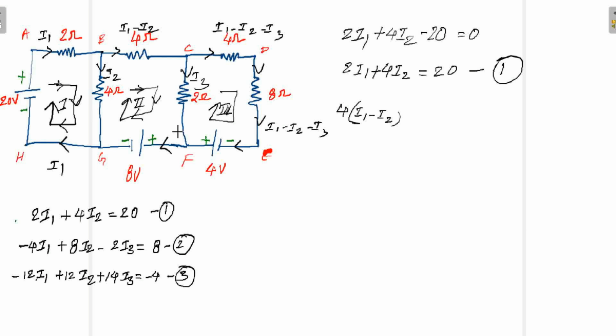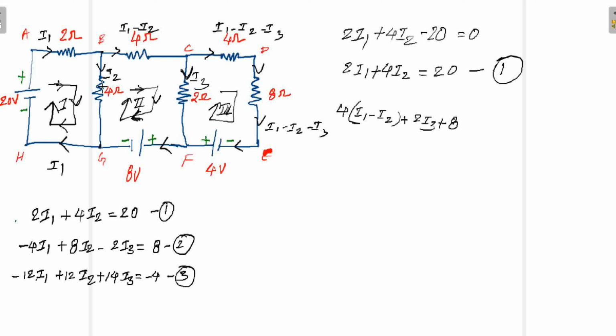Next, C to F. In C to F, this is your loop direction. This is your branch current direction. Whether they are in same? Yes. Just write here plus 2 into I3. You have completed journey from C to F. Next, F to G. While flowing from F to G, it came across positive terminal. So write plus and the respective voltage. Respective voltage is plus 8. So write here 8. Now reach to G.